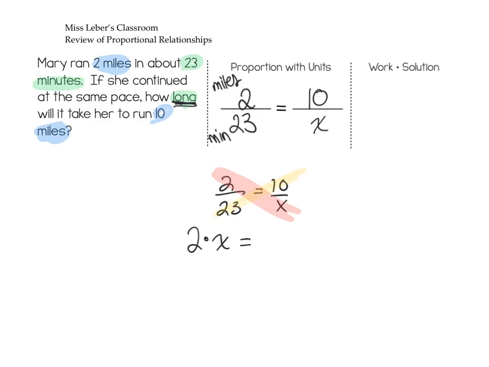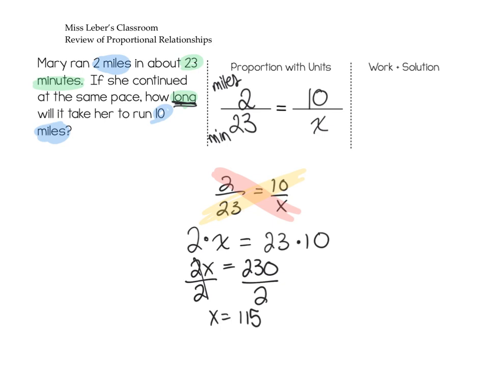And then I'm going to cross multiply the other way. And I have my 23 times 10. I see here 2 times X is going to give me 2X. 23 times 10 is going to give me 230. And look at that, I have a one-step equation. Bingo, bango, bongo. Divide both sides by 2. X is going to leave me with